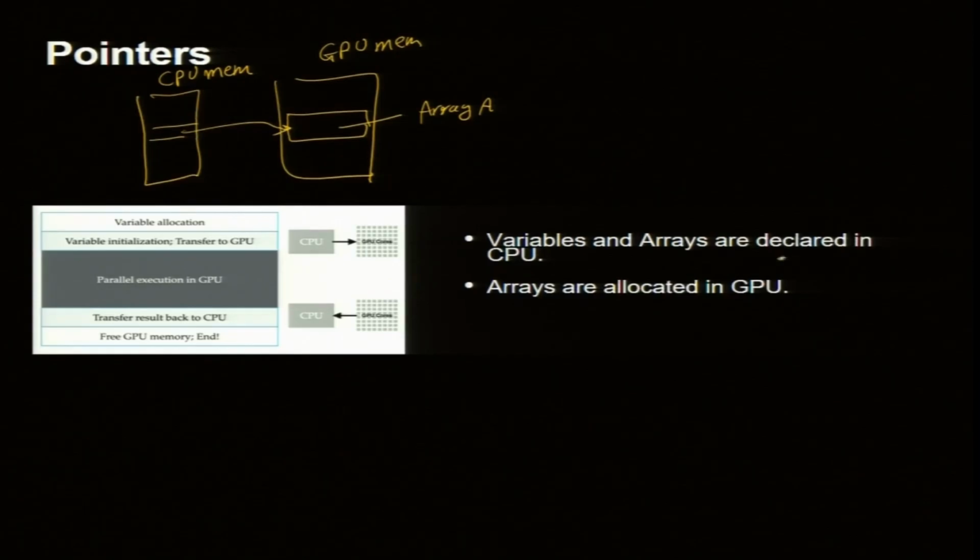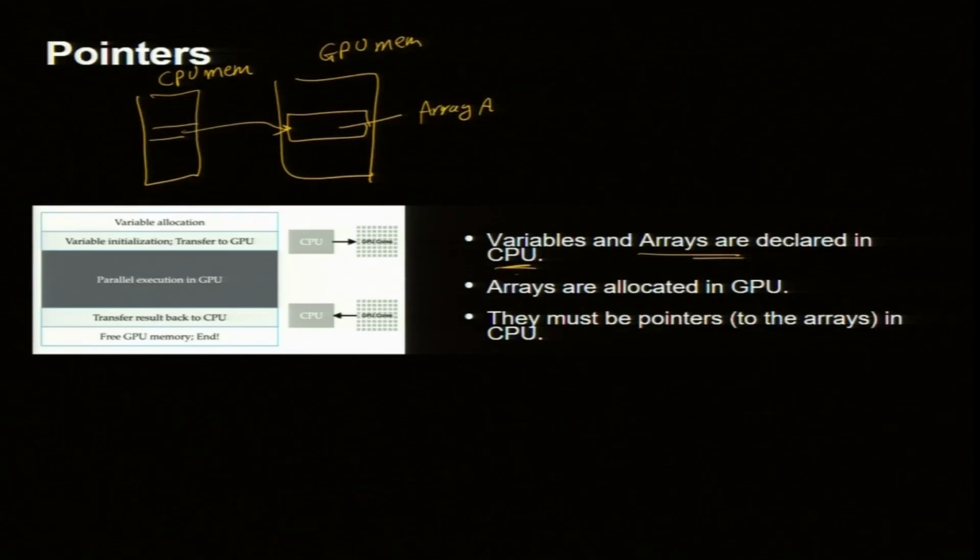Actually, to be correct, arrays are declared in the CPU as pointers, but allocated in the GPU. They must be pointers in the CPU, otherwise it cannot have any control. If I lost the address, that data is gone elsewhere, and you can't control it. You need to have the address of the location, and then you say, do this, do that, and get the data. And the CPU is doing the command, so the CPU is not sitting idle.